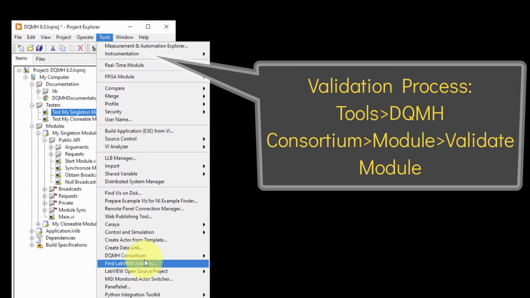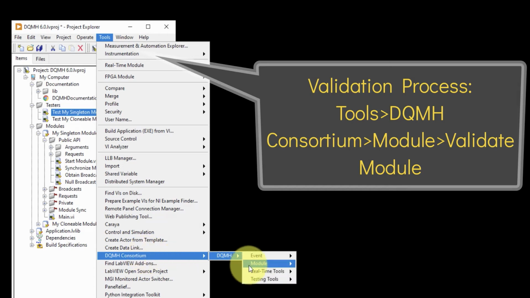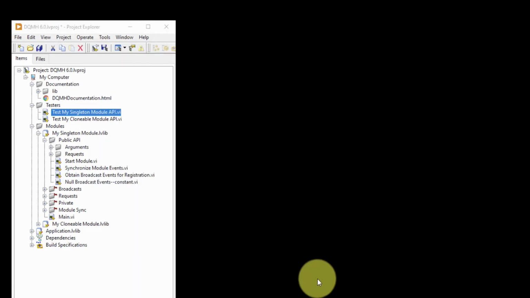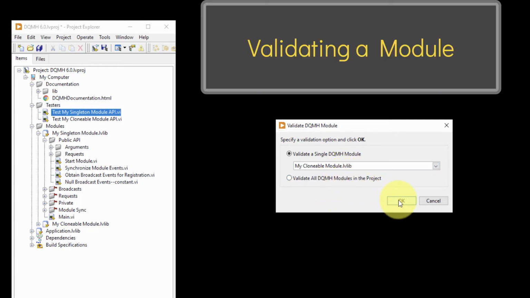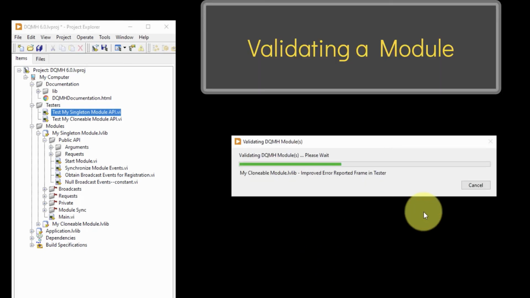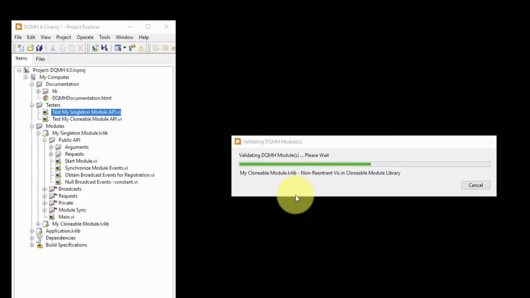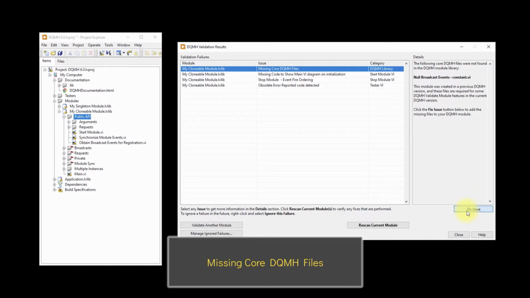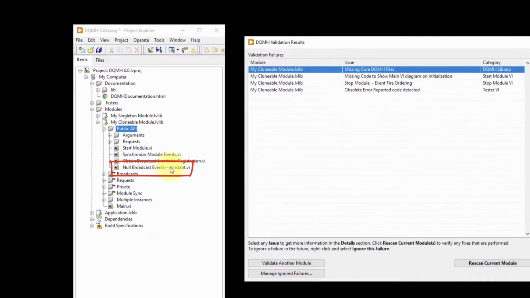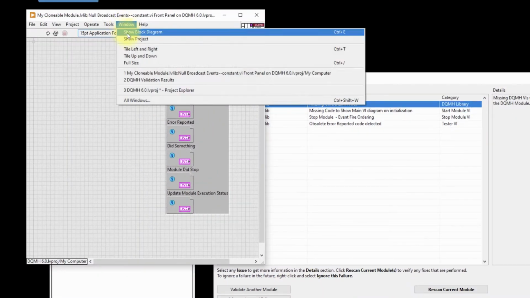You can also validate DQMH modules by going through the Tools menu, choosing DQMH Consortium, Module, Validate DQMH Module. When validating a module, the validation tools search for all the new features added to the new release and will help you to upgrade the code to be up to date. DQMH 6.1 comes with additional core files and features a new VI called Null Broadcast Events, which helps with defining